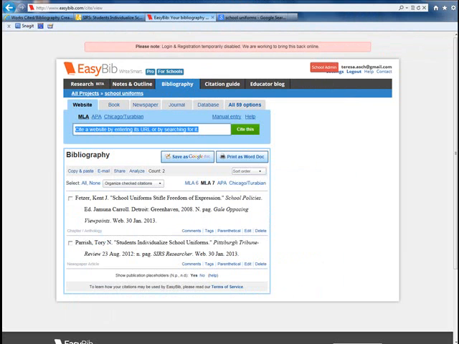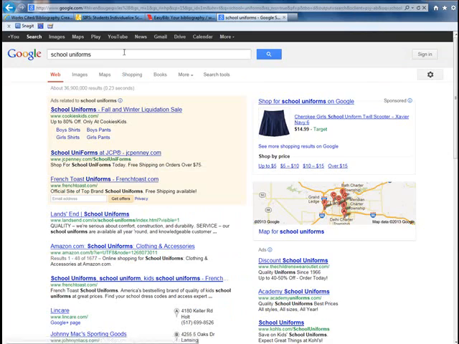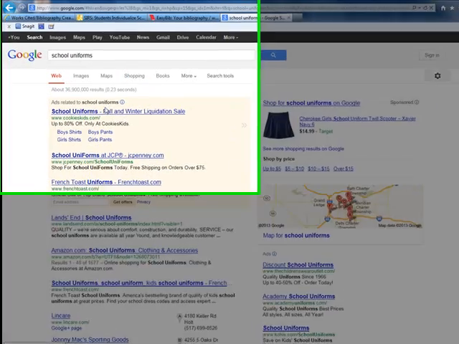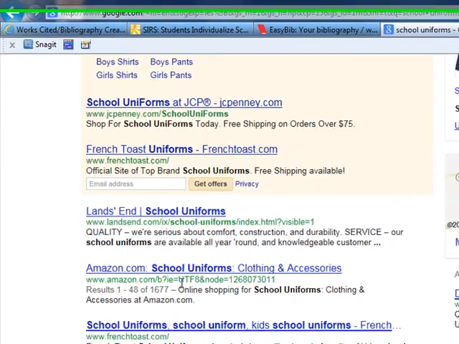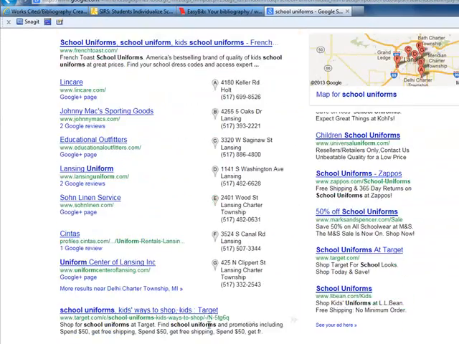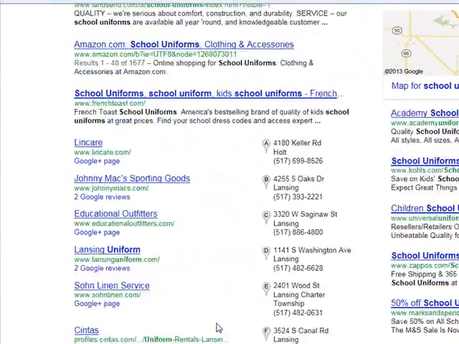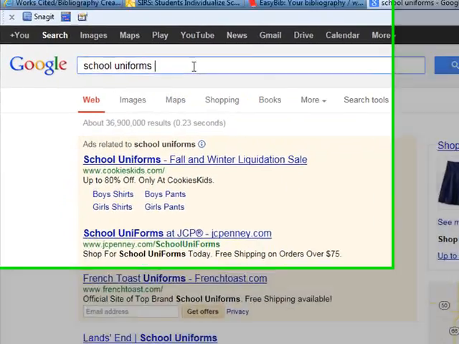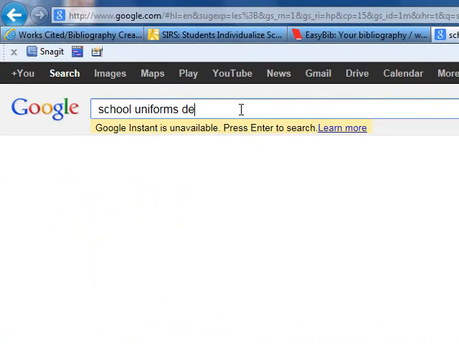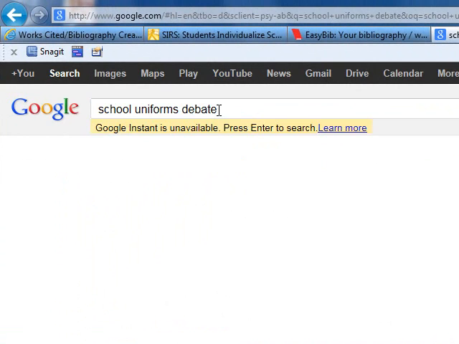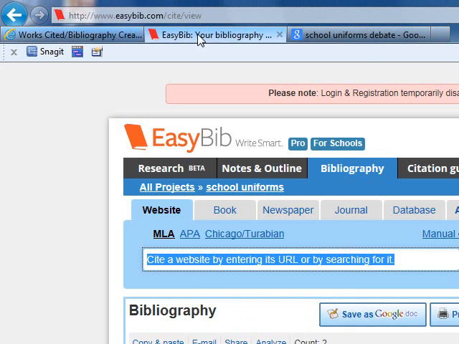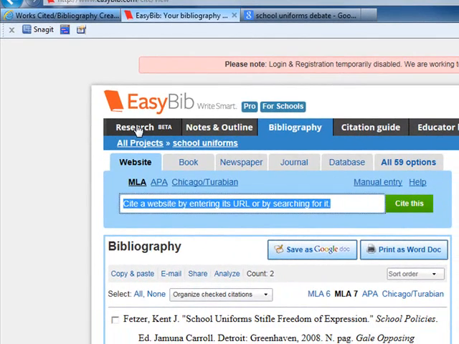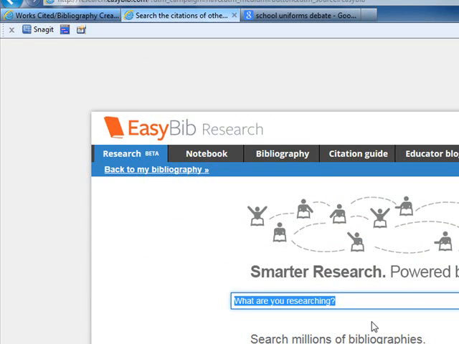Now you might be able to research the web, and I did a Google search on school uniforms. When I did that, I got ads related to, and then all of these places where I can shop for school uniforms. So I would have to include something else, like maybe debate, research, pros, cons, that kind of thing. Well, I can research right within EasyBib. There's a research tab. So if I click on this research tab,